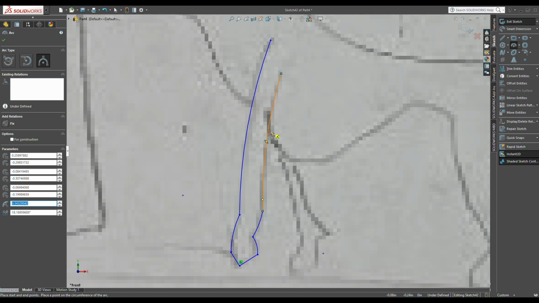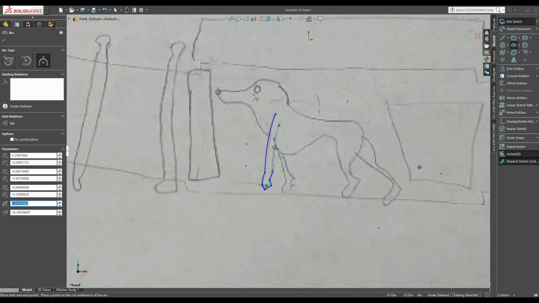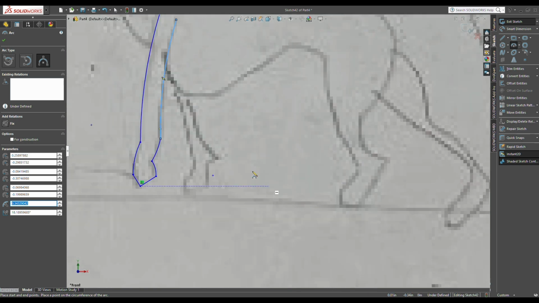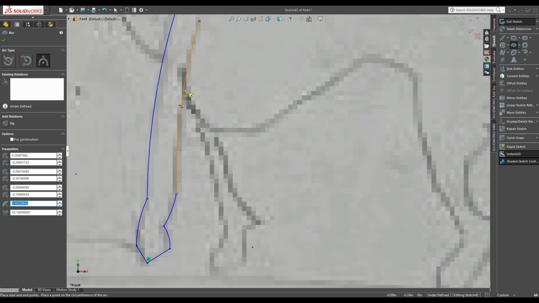And remember, this is going to be a cutout, so a lot of the detail in the center we're not going to be able to get. So this eye right here, we're not going to be able to put that in, but we'll be able to put the entire outline into it. So let's go ahead and